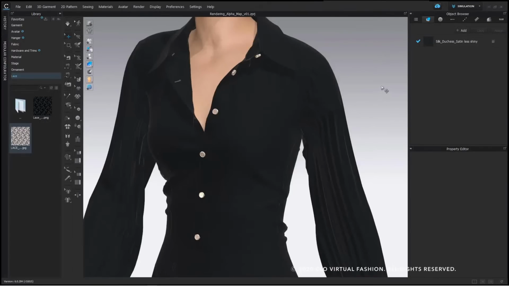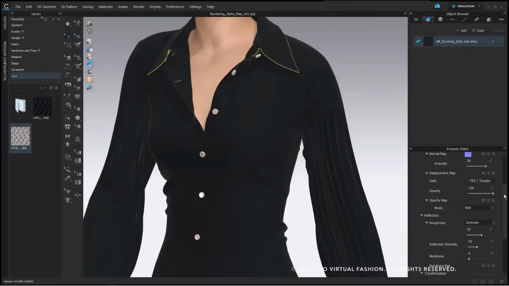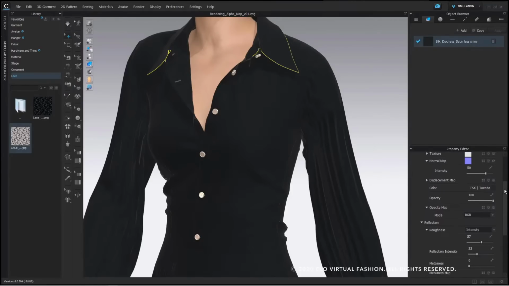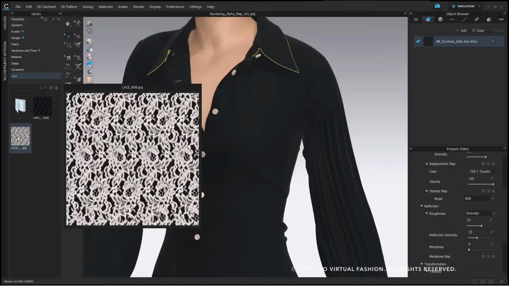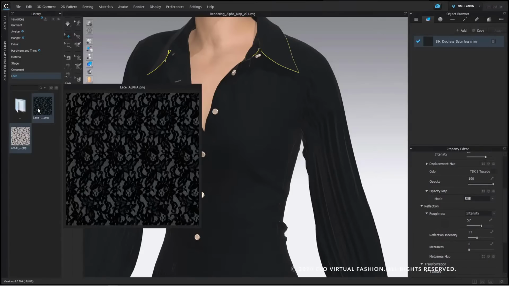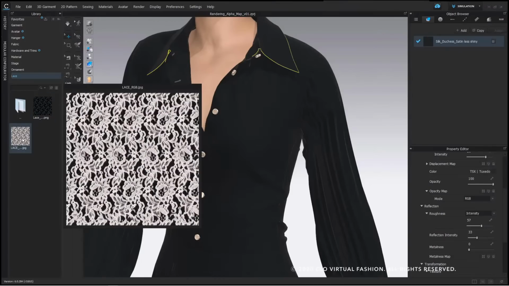So what's also new is the ability to use an opacity map. If you select your fabric and look in the property editor, you will find opacity map. You can either use a black and white JPEG or a PNG, which has an alpha channel or the transparency already built in. To use the JPEG, simply drag it into your opacity map area,